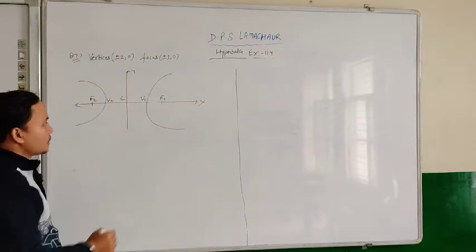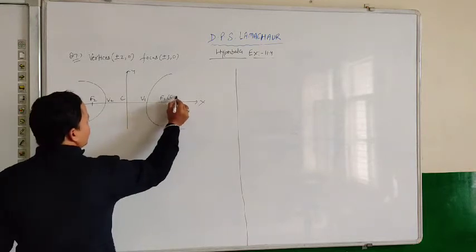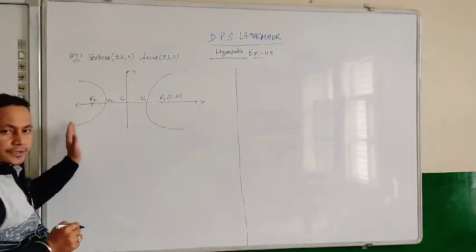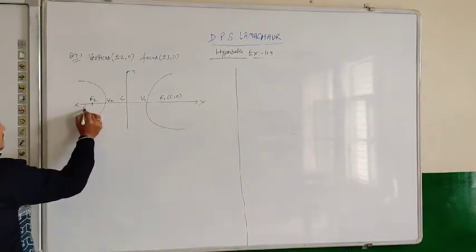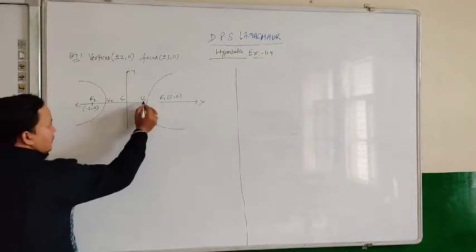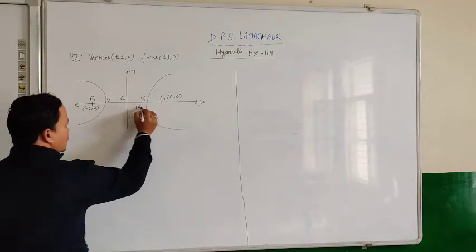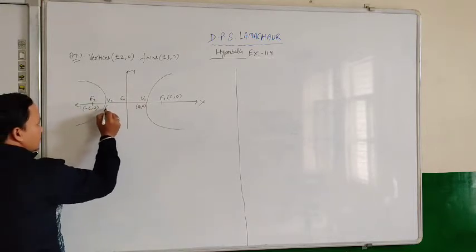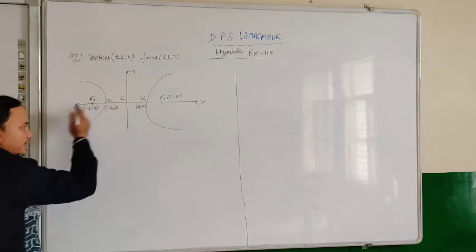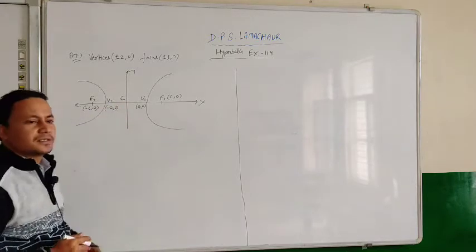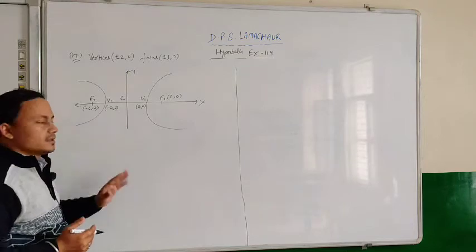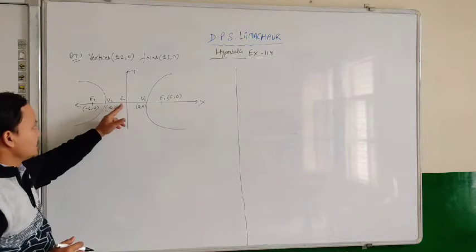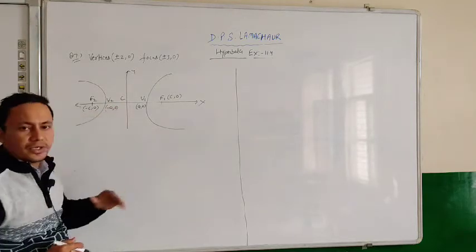As I told you earlier, the coordinate of focus F1 will be c comma 0, and since this is a focus in the negative direction, the coordinate of the second focus will be minus c comma 0. Similarly vertex V1 has coordinate a comma 0 since it is in the positive direction of the x axis, and vertex V2 has coordinate minus a comma 0 because it is in the negative direction. Here the center C represents the origin, because the origin lies at the intersection of the two axes. So C is the center having coordinate 0 comma 0.